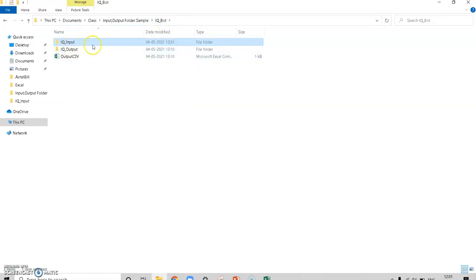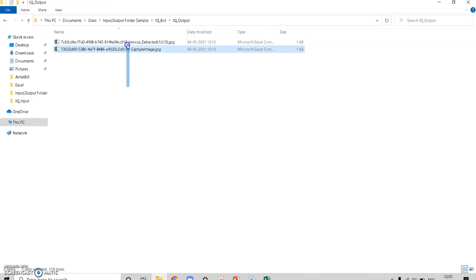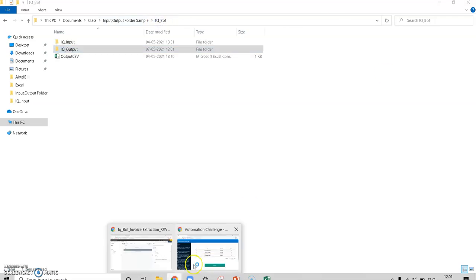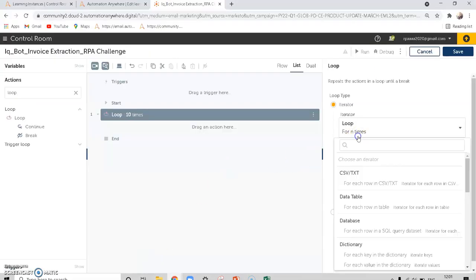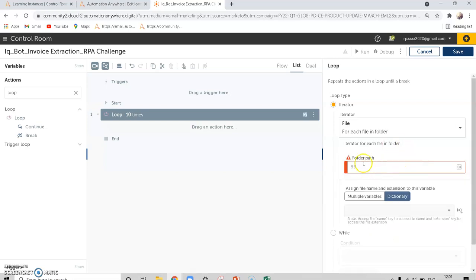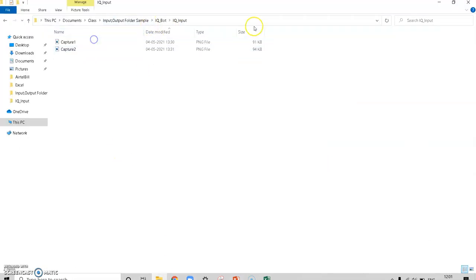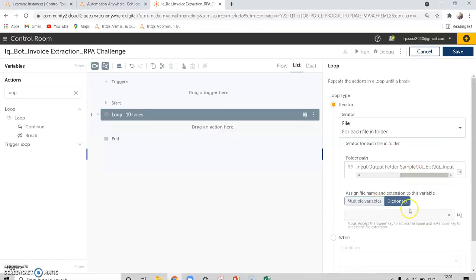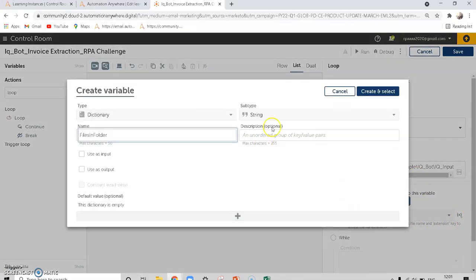Then the IQBot input will be this folder, and the IQBot output will be a separate folder. Now loop through each file in a folder, and for this folder path we have to put the input folder path,